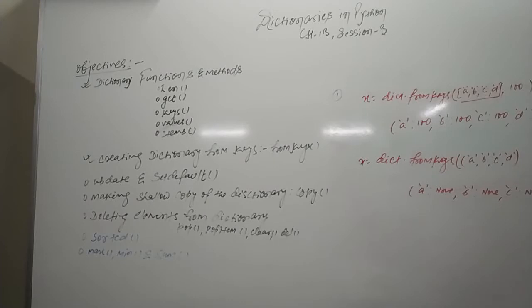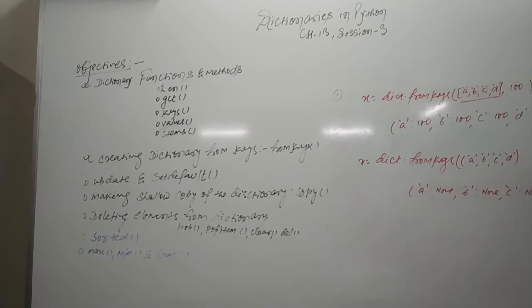Now we have how to use the update and setdefault methods. These two methods we have. Creating a dictionary from fromkeys you have seen, and now update and setdefault. Setdefault is a method of the dictionary which helps us to set a value. It will allow you to set a value once that key is not part of the dictionary. If the key is already there, it will not allow you to set any default value. So that is what setdefault is.